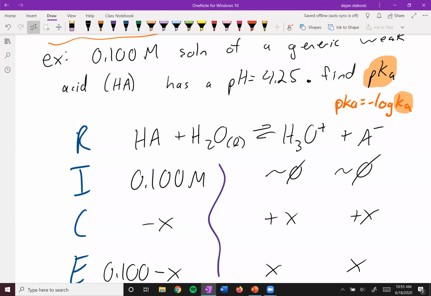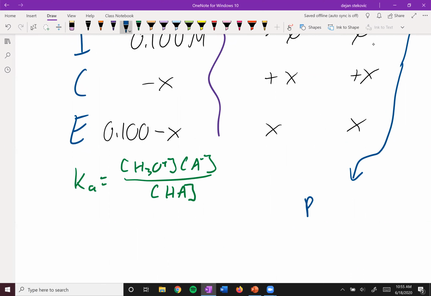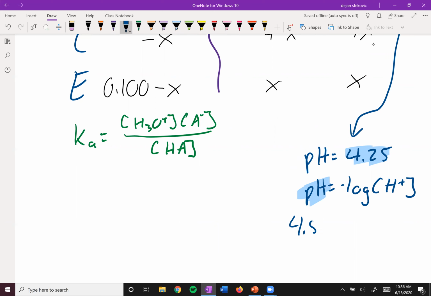Let's see, I didn't really use blue yet. So we're told that the pH is 4.25. So let's see how we're going to use this piece of information to figure some of this stuff out, right? So we said that the pH is equal to 4.25, but we also know some other stuff, right? We know that the pH is equal to the negative log of the concentration of H plus. And so we can take this 4.25, plug it into here. So we've got 4.25